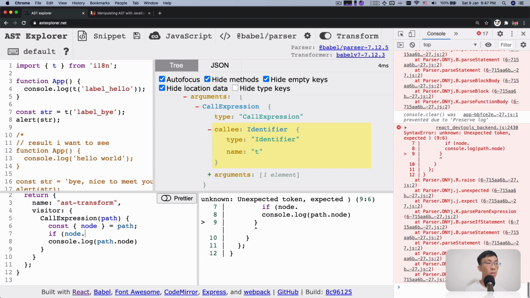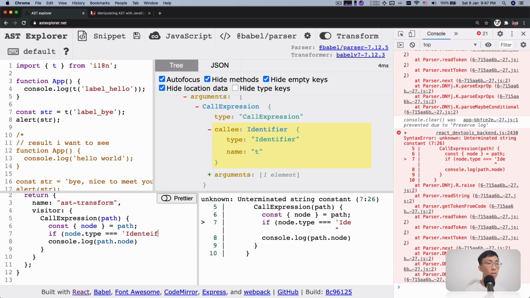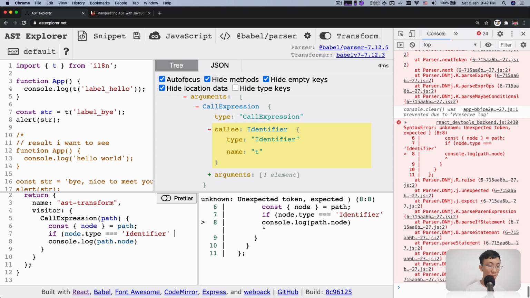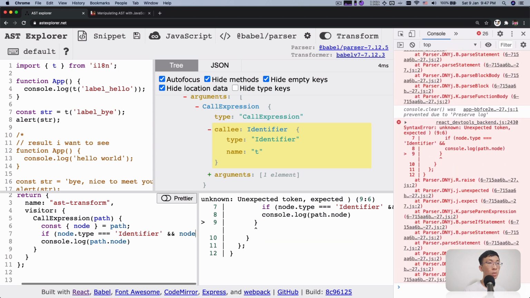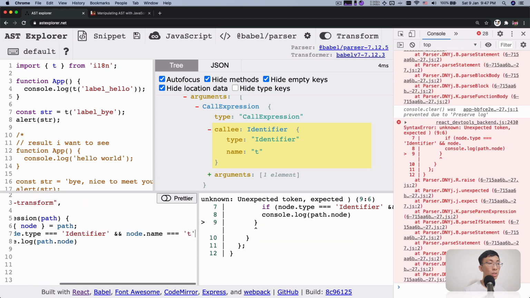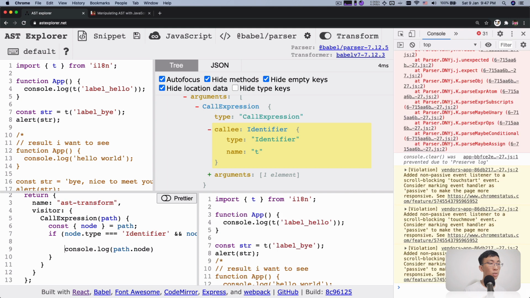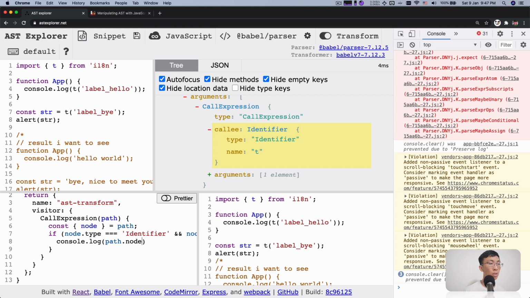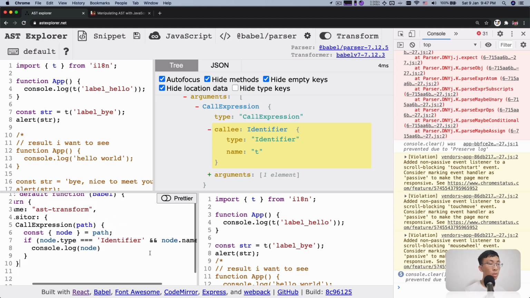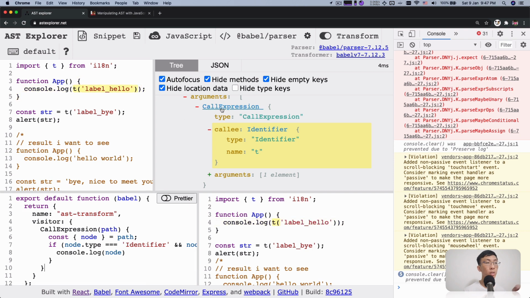And I say path.node.type equals identifier, and node.name equals T, and I'm gonna console it over here, right? So node.type. Oh, sorry. So node is the call expression, right? So it should be node.callee.type